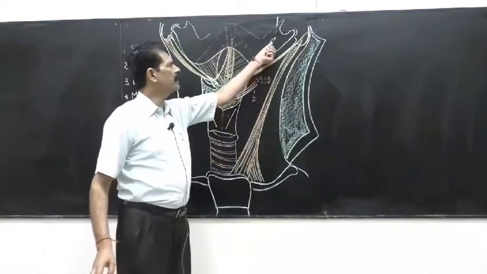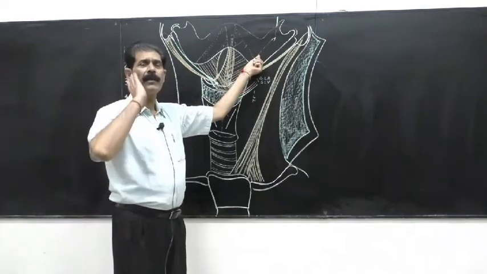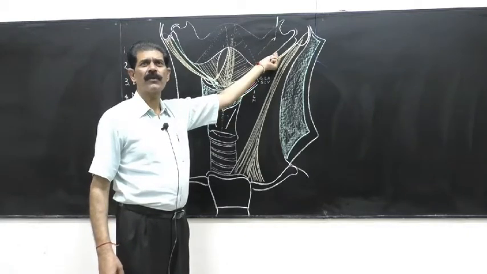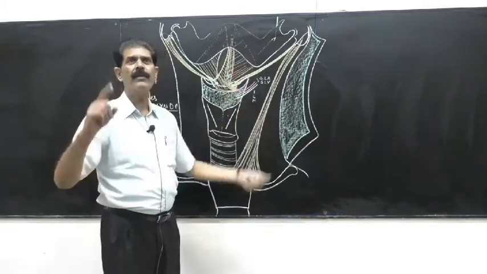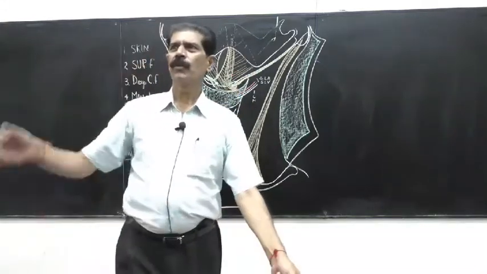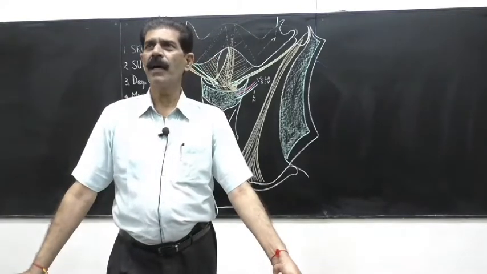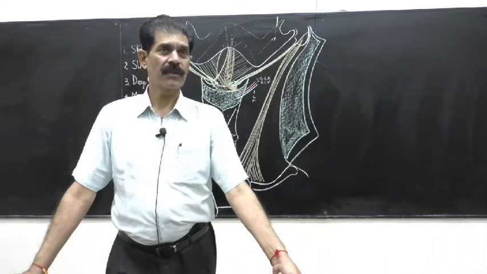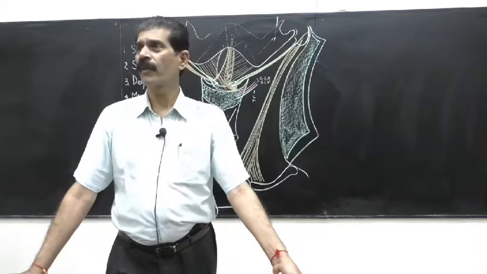Just near the lingula, there is a groove on the inside of the ramus of the mandible. Always remember, the mylohyoid groove is on the medial surface of the ramus and the mylohyoid line is on the medial surface of the body of the mandible. Most students confuse this all the time. Whenever we take the practical exam, they don't know where the groove is and where the line is, so they always say the opposite. So every day you have to revise your mandible, skull and every attachment. Then it will be on your fingertips.